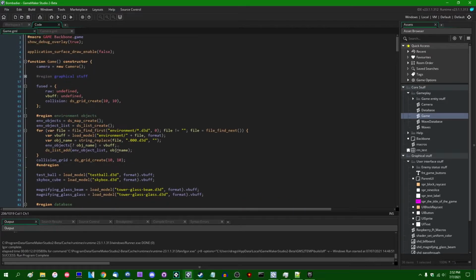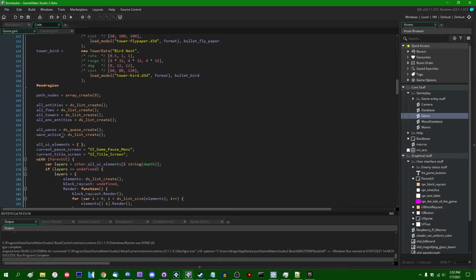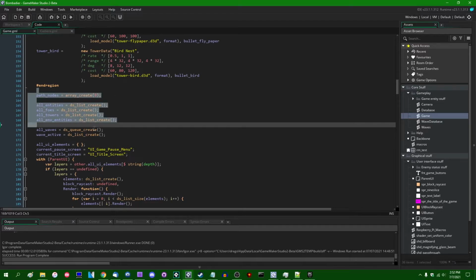Let's see. Did I scroll past the entity list? Environment. These are the templates. These are what are loaded from the files. I must have scrolled past it. Path nodes, all entities, all foes, all towers, all environment entities. Okay, so I can